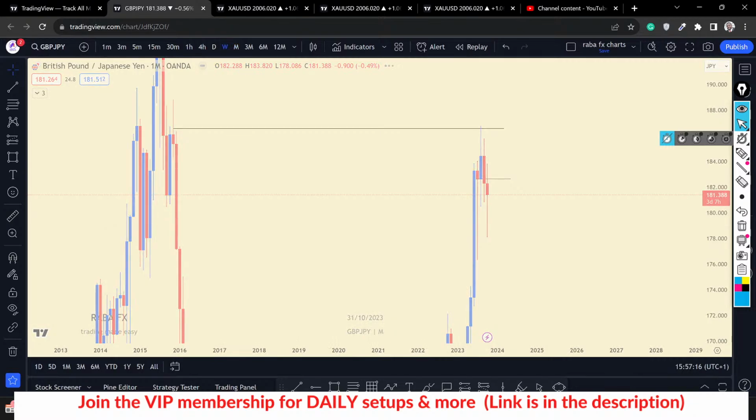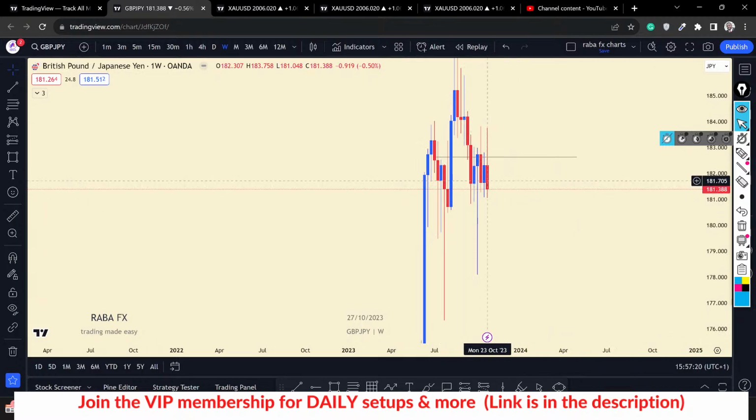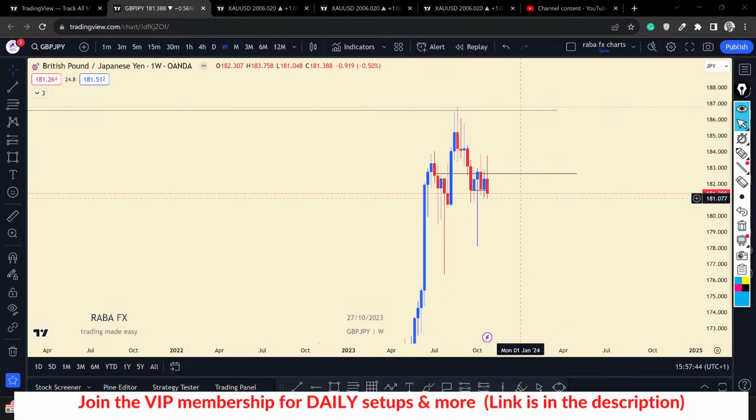So going to the weekly, we are also closing lower, below the reverse opening price. We are closing lower. So since we are closing lower, a retest here, within this zone, we look for trades, you trade lower, target here. Once this level gives way, once you have this close, then we should have a very fat